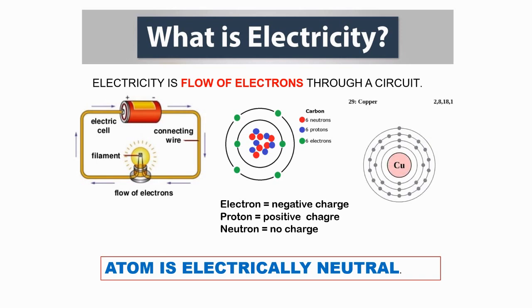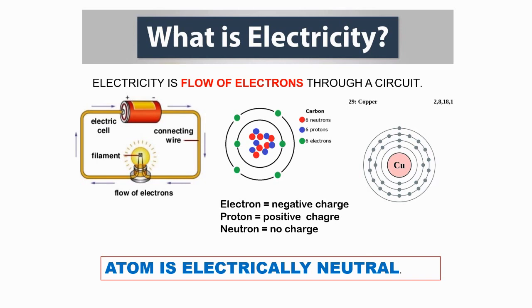In the third picture, we can see the atomic structure of the copper atom. Now, copper is a good conductor of electricity. Electron has a negative charge and proton has a positive charge, right? So between these two charges there is a force of attraction because unlike charges attract each other. The force of attraction between the electron in the first orbit and the nucleus is more than between the electron in the last orbit and the nucleus. But why? It is because of the distance.